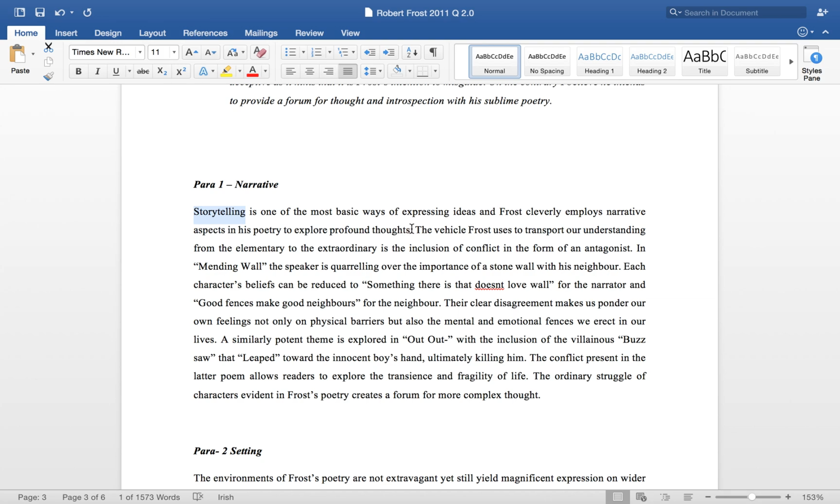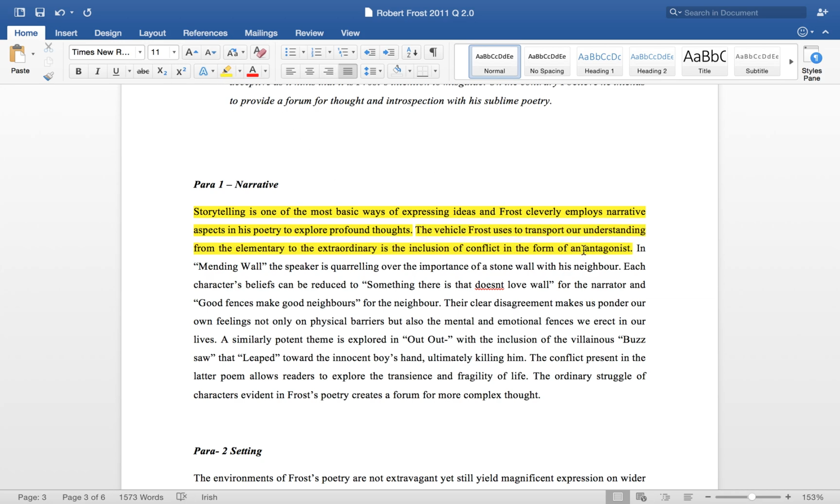So, within this first statement, this is my point. This is my P of the PQE. Okay? That's storytelling, basic way of expressing idea, simple, but he uses it to explore profound thoughts. So that's highlighting the different layers of meaning. The vehicle Frost used to transport our understanding from the elementary to the extraordinary is the inclusion of conflict in the form of an antagonist. So again, this follows on from my point here in yellow,